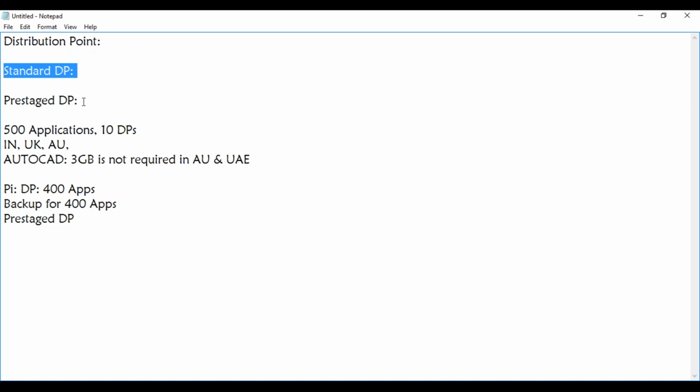Whereas today we are discussing what a pre-stage DP is. So I'm giving you an example. Let's assume that we have 500 applications and 10 distribution points, and all these applications are distributed to these 10 DPs. Now tomorrow, if a new distribution point is set up, ideally what you have to do is say